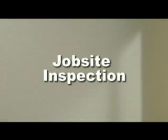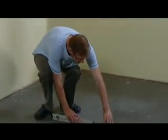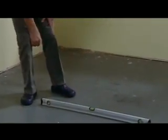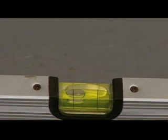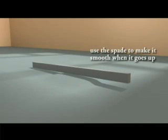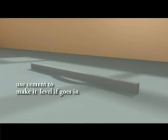Job site inspection. We should make inspection of the room before installation. Firstly, the concrete floor needs to be smooth, clean, thoroughly dry, and no possibility of leaking water. And the uneven difference should be less than 2 mm. If not, use the spade to make it smooth when it goes up, or use cement to make it level